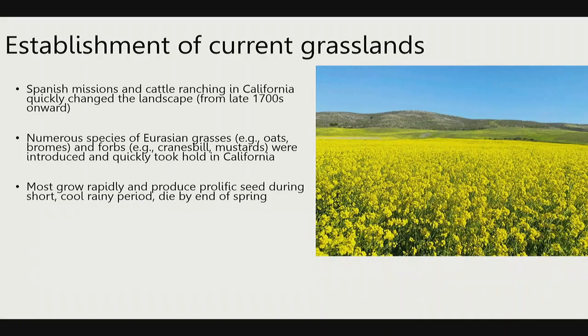So one of the big reasons that we see this replacement has to do with timing. Annual grasses are really quick to react, right? So in conditions where things are very stable, there's not a lot of disturbance over time, these native perennial grasses can take their time, grow slowly, proliferate, seed, and take over these fairly stable, consistent ecosystems. When you get areas like California post-colonization where you have a lot of disturbance, a lot of intense agriculture, a lot of different cataclysmic events, these annual grasses are really good at being like, hey, quick, I germinate first, this is mine. And so they germinate often earlier than perennial grasses.